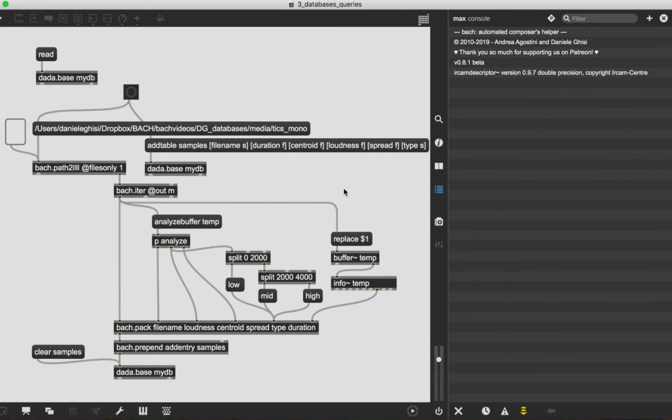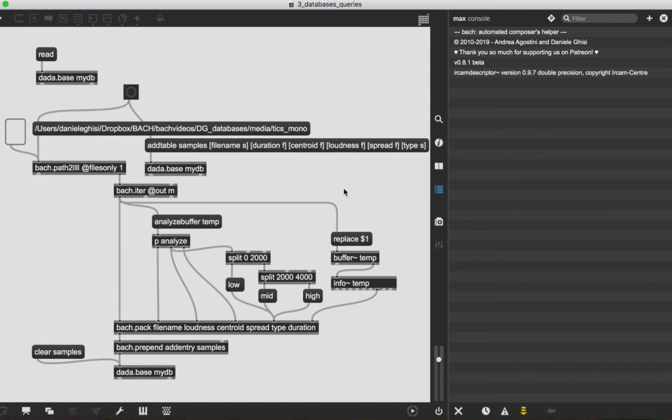Hi guys, Daniele here. Today we continue our series of tutorials on databases and we talk about queries. Queries are a way to make requests to databases, which in turn give us back the answer to the request we made. Possibly the most common usage of queries is to filter out tables according to some properties of the entries, so only get some entries and not all of them, or to order the entries according